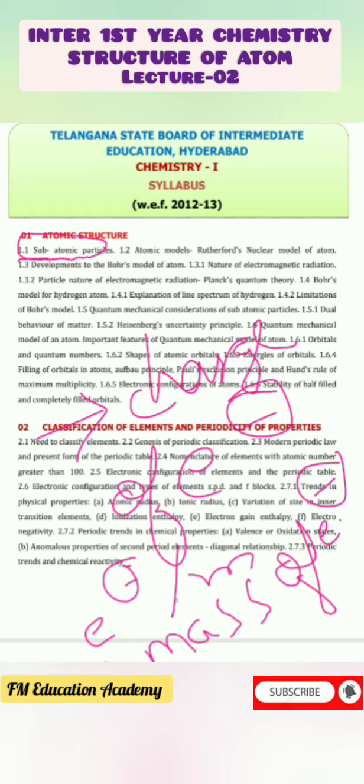The portion of chemistry is very vast. We are going topic wise, but you need to understand that I'll cover all the pages. So in today's lecture, we'll start atomic models, that is, the Rutherford nuclear model of atom. In atomic models, we'll see what we can study. That is 1.2, which we will finish in today's lecture.